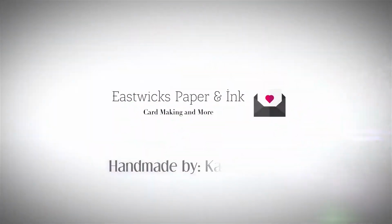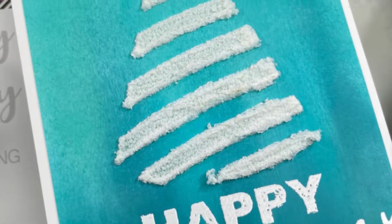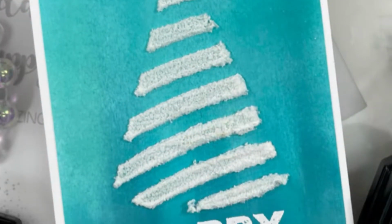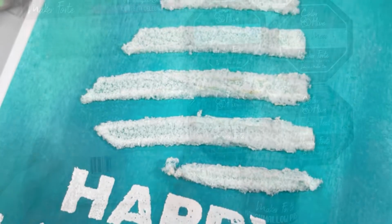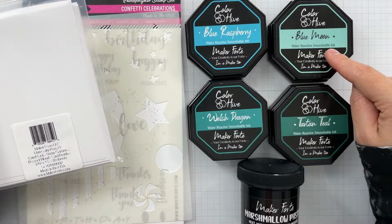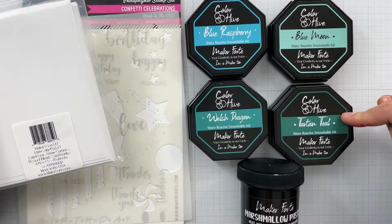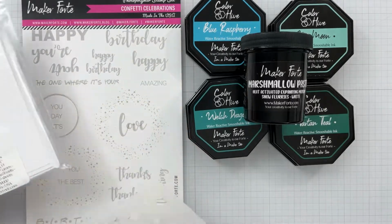Today I am sharing with you another birthday card featuring the new Hats Off to You stencil and the Confetti Celebration stamp set and some of the Marshmallow Paste. So the inks I'll use are Blue Raspberry, Blue Moon, Welsh Dragon, and Tartan Teal, and there's our Marshmallow Paste